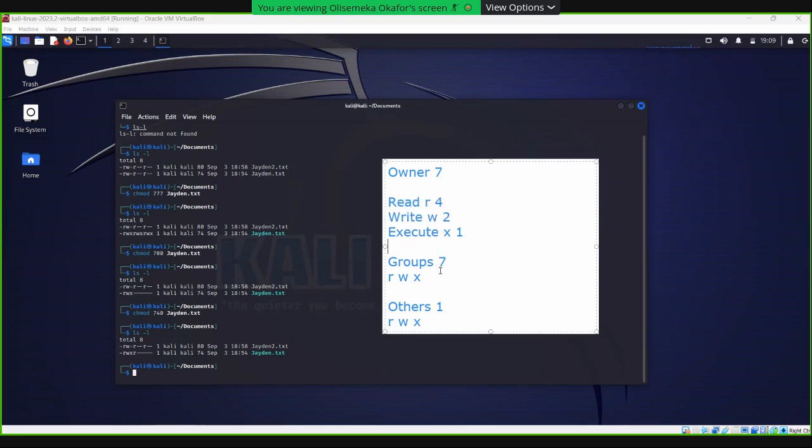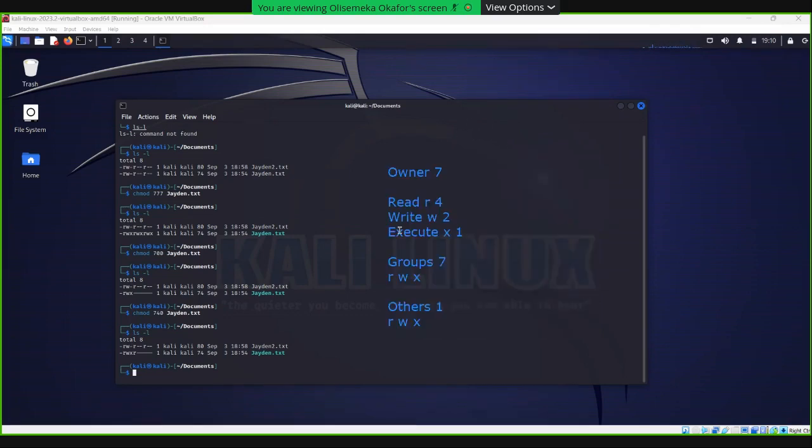If the groups also has 7, then the groups can read, write, and execute as well. Right. So the way it just works is the numbers add up. Does that make sense? Yes. Okay, cool. So you could always come back to this to make more sense of it.